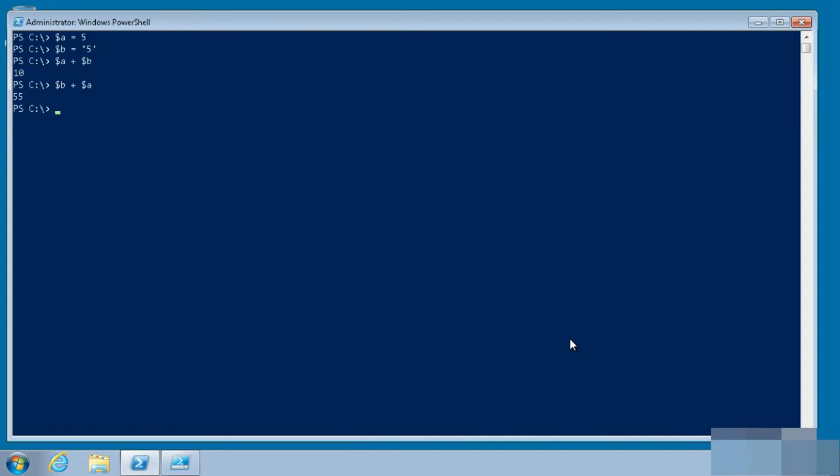When you put B, a string, first, plus is used for concatenation. So it's not adding B and A, it's concatenating them. And yeah, A is a digit, but it's also a character, so it treats it as a string. And the answer here isn't 55, it's 5 concatenated to 5. You can see how this could get you in a lot of trouble. For example,